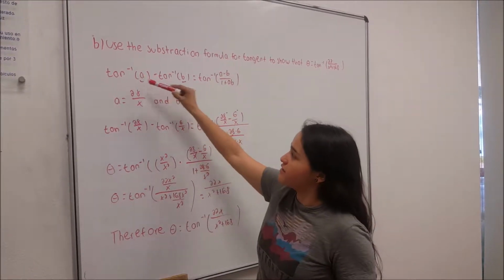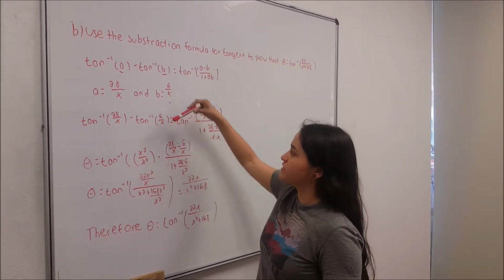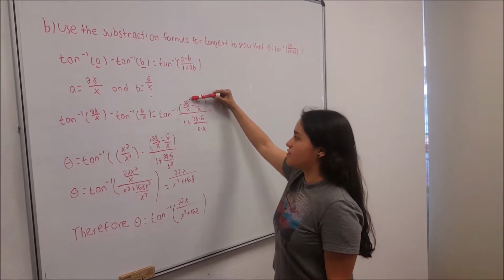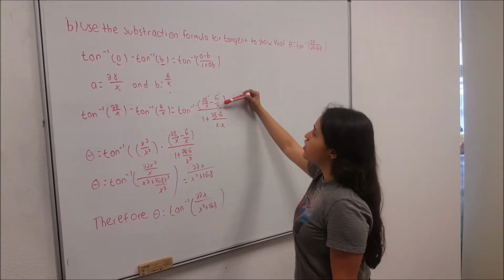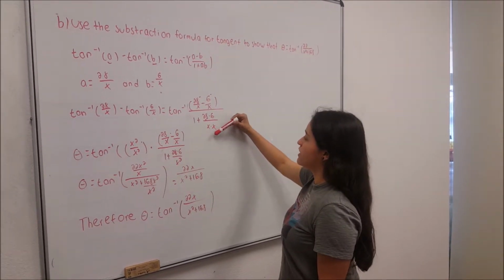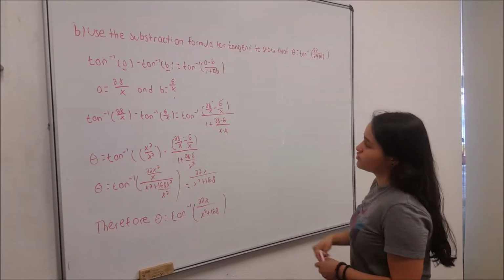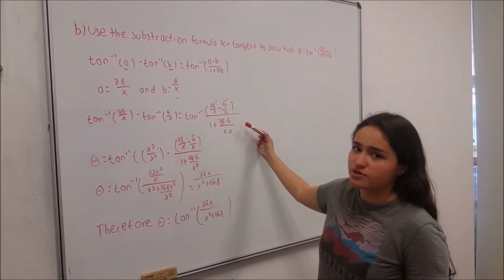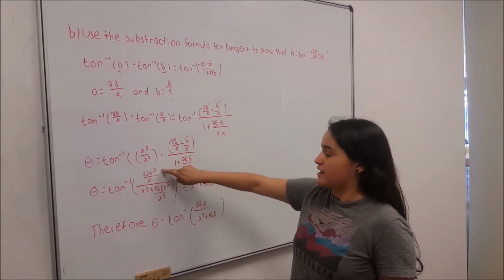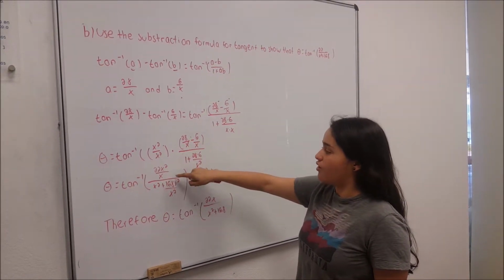So it would be inverse tangent of a, which is 28 over x, minus inverse tangent of b, which is 6 over x, equals inverse tangent of a, which is 28 over x again, minus b, 6 over x, over 1 plus a times b, which is 28 over x multiplied by 6 over x. And then we have to clear out this part of the equation, so we multiply each one by x squared, and we get that theta equals inverse tangent of 22 over x squared over